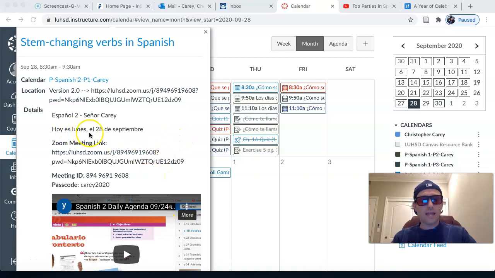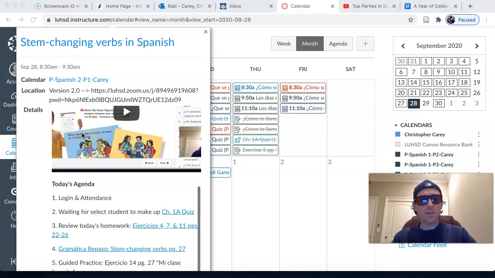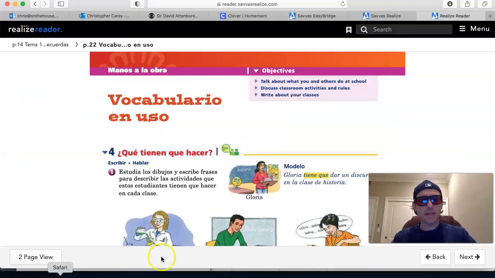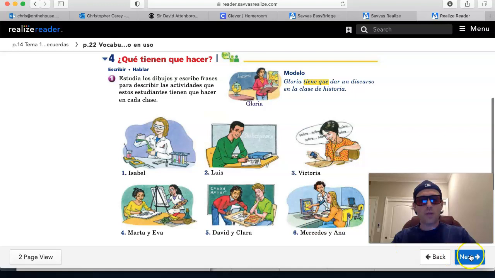Hoy es lunes el 28 de septiembre o martes el 29 de septiembre. El horario para hoy: vamos a empezar con la tarea. Todavía necesitamos esperar para repasar el examen del primer capítulo 1A. Pero vamos a repasar los ejercicios 4, 7 y 11 en las páginas 22 hasta 26, ejercicio 4,